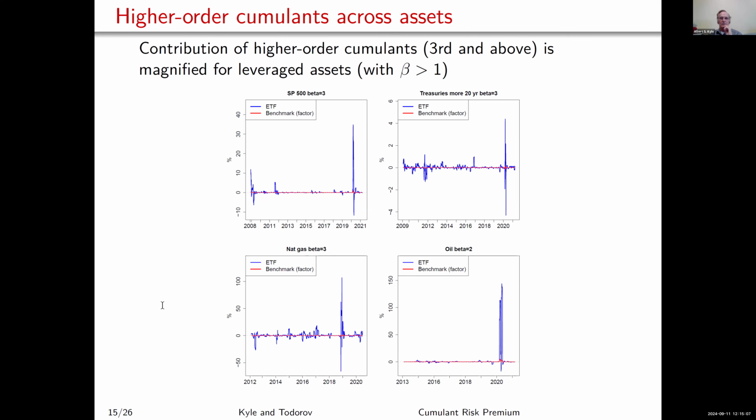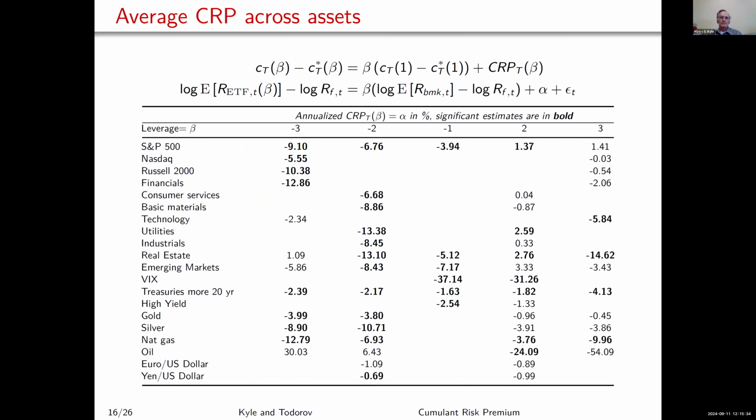So when you look at commodities, there are more pictures in the paper, but they're similar. They're these episodes where the higher order cumulants suddenly kick in, and these episodes tend to be periods of high volatility. But that's not what these pictures are. These are pictures of the higher order cumulants, not the second, that would be volatility. But these higher order cumulants also kick in when the volatility is very high. So you might ask yourself, is this cumulant risk premium positive or negative, and how important is it?